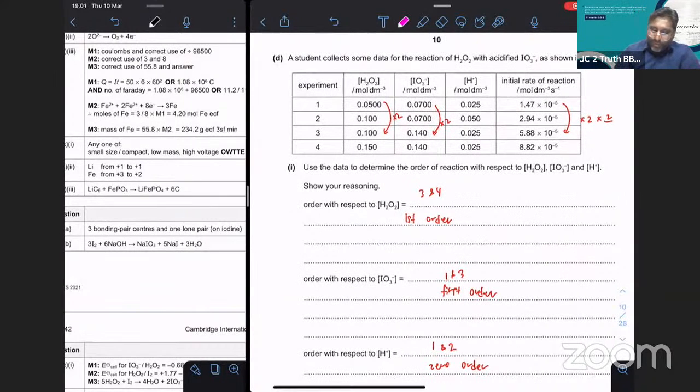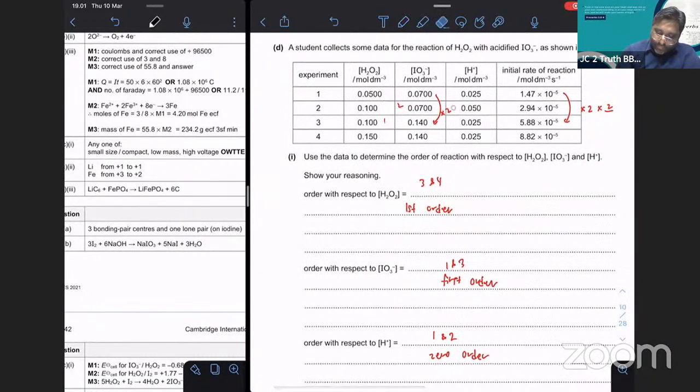So if you look over here, I'll erase first. What we need to do is, sometimes you can do it easily, but sometimes you need to analyze a lot. In this case, they want the H2O2, so I need to find something that is constant for these two. The moment I look, I see this one is constant for these two. Maybe now I can use